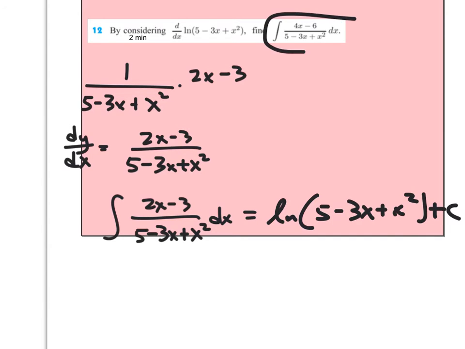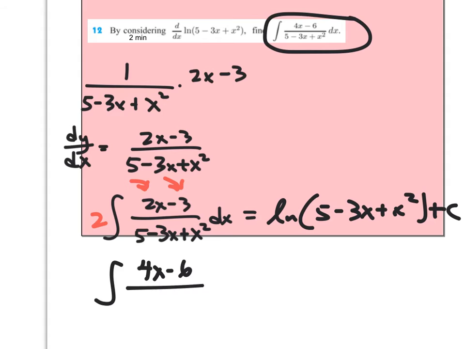How is this related to that? Well, that would have to be two of these, because I see a 4x minus a 6. So if that's true, then the integral of 4x minus 6, of course I can't multiply on one side and not the other,